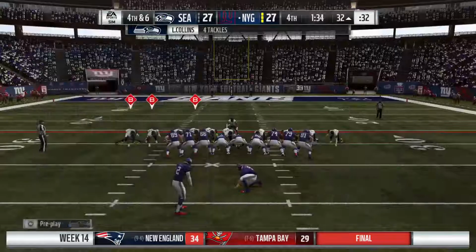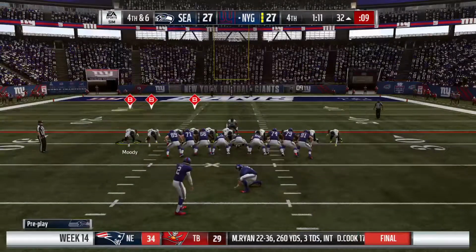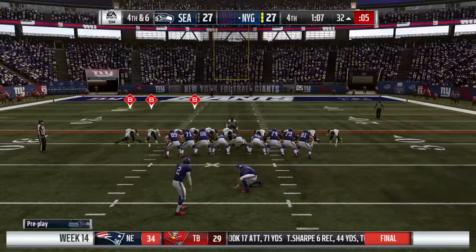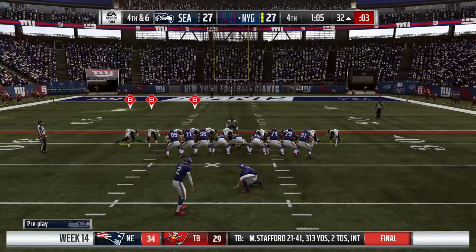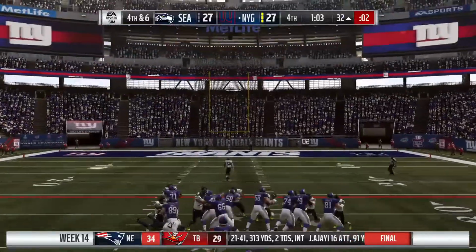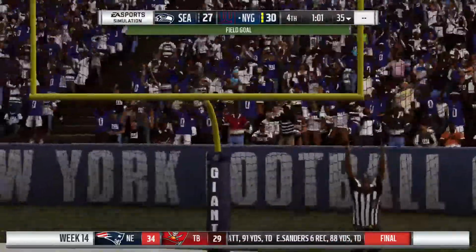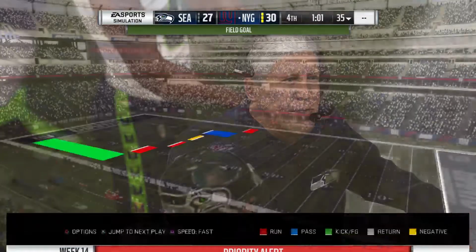So where'd all that running room that he had in the first half go? Because it looks like it's drying up a little bit here. Someone made some adjustments, it appears, at least on this drive. And the kick by Rosas is good. And with a little over a minute to play, they have...